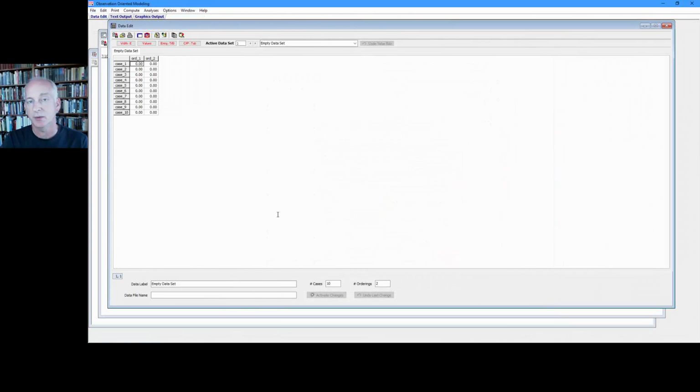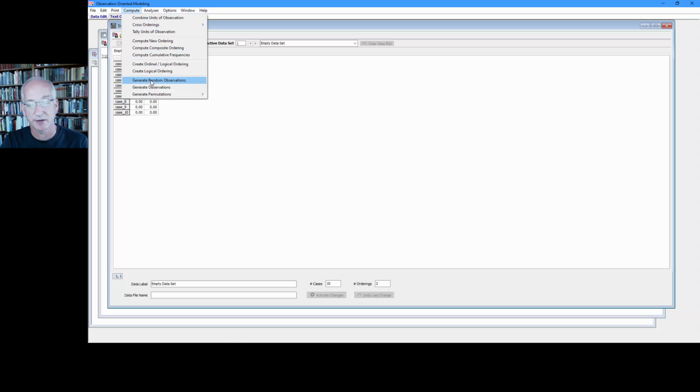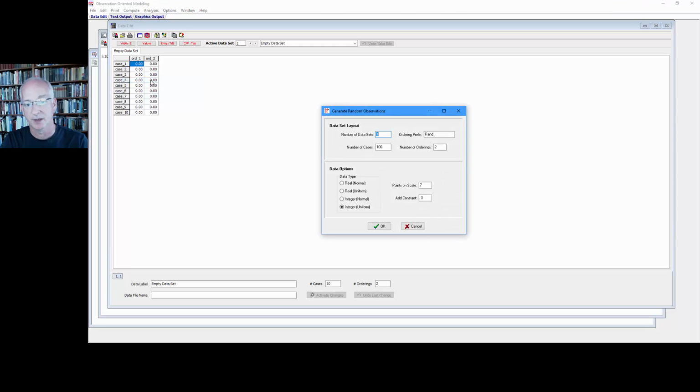So what we want to use here is a generate random observations procedure. And we can find that by selecting Compute and then Generate Random Observations from the main menu. Now here we're given this little menu, and we can see the default options. We're going to create 100 cases, and that's actually what we want. In the example, we're starting with 100 cases, and we need 4 orderings, however, instead of 2, so we'll change